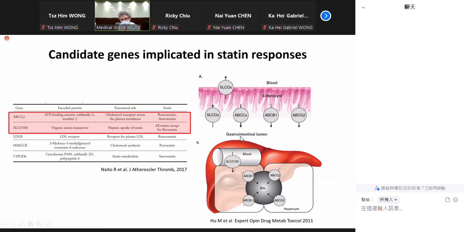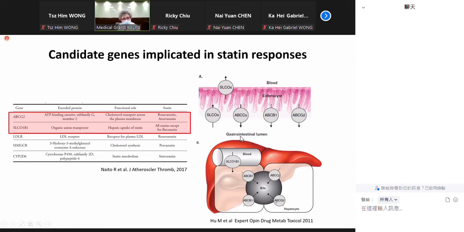So if there is any altered activity of this SLCO1B1 gene, then there might be increased level in the blood. At the same time, once they are in the hepatocytes, they also later have to be efflux into the bile. So if there is reduced activity of this ABCB gene, then again there may be increased accumulation of the drug in